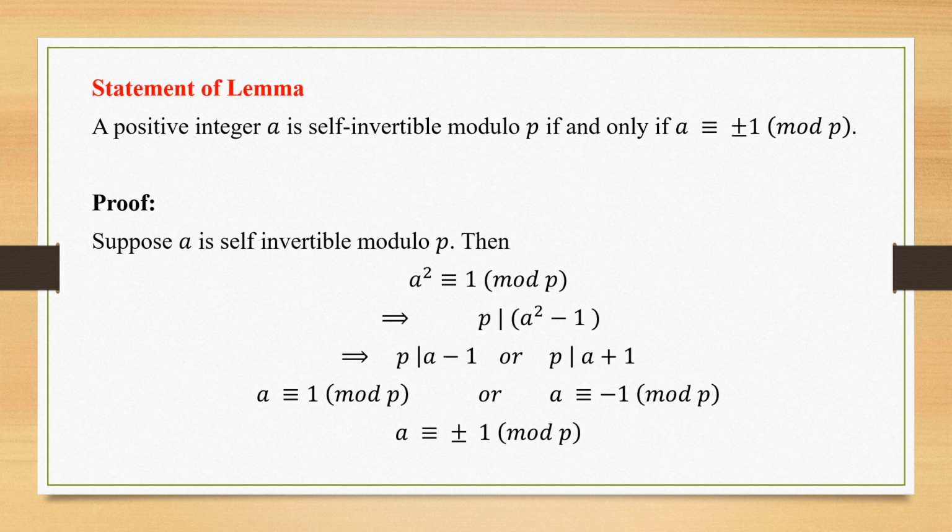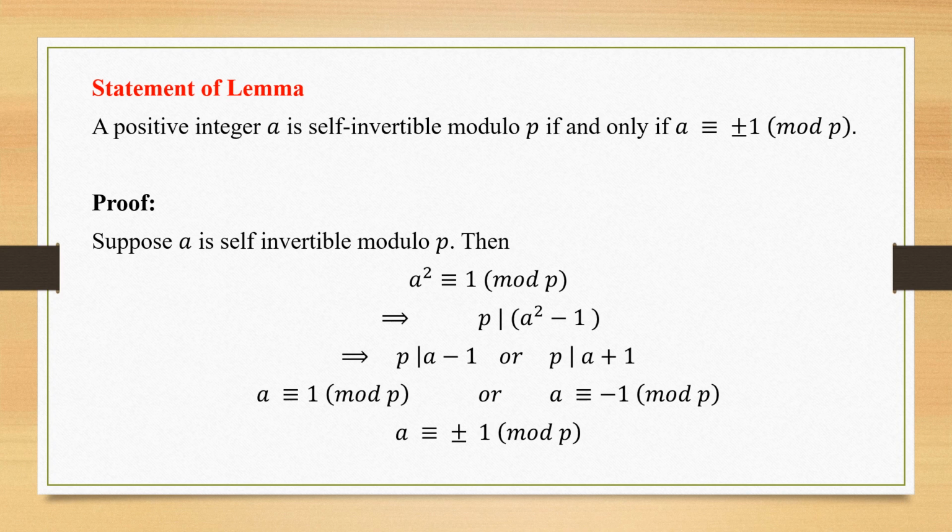But before getting on to Wilson's theorem, I need a helping hand from a lemma. First I need to state and prove a lemma, and then using the lemma result, I will apply it in my Wilson theorem. So let's start the statement of the lemma. A positive integer a is self-invertible modulo p if and only if a is congruent to plus or minus 1